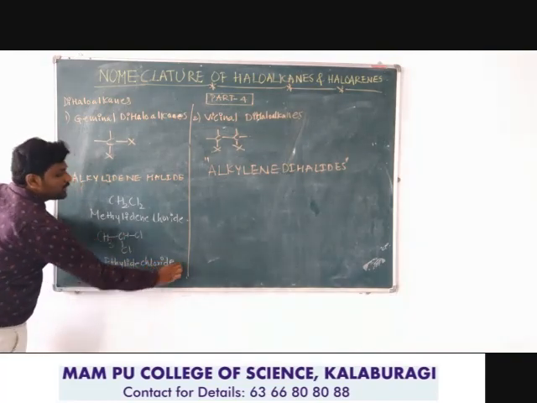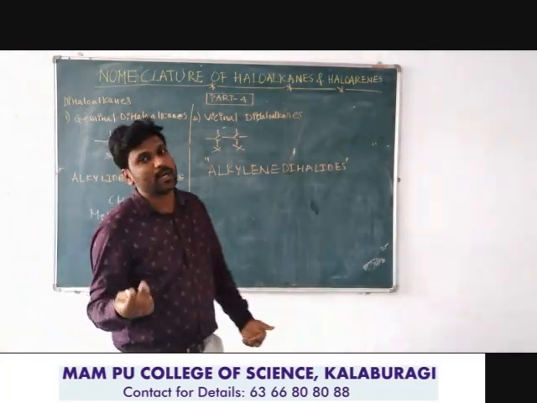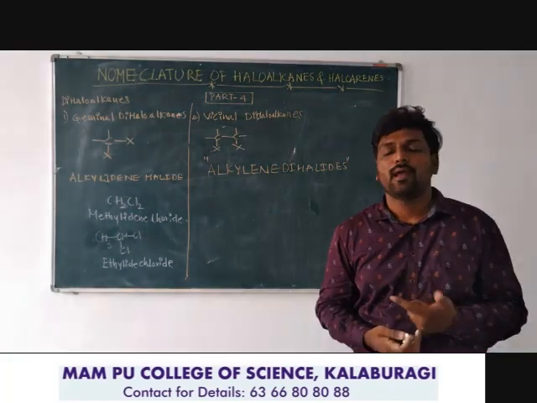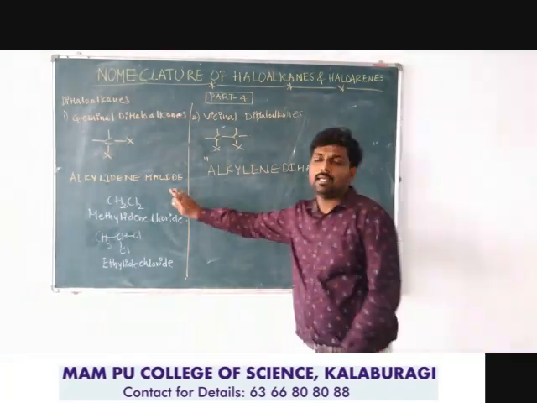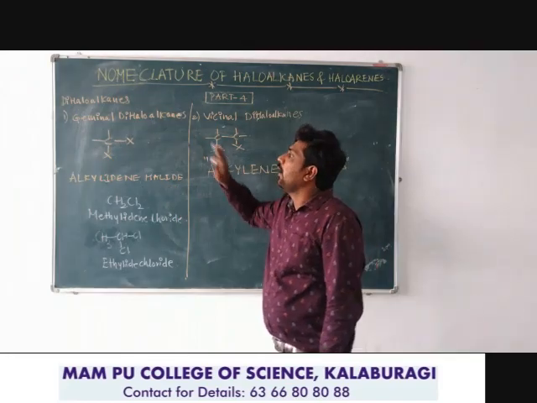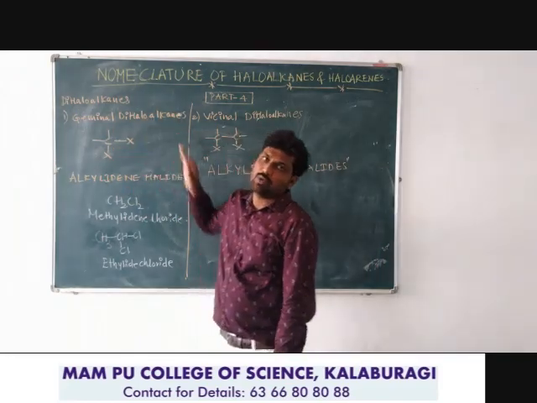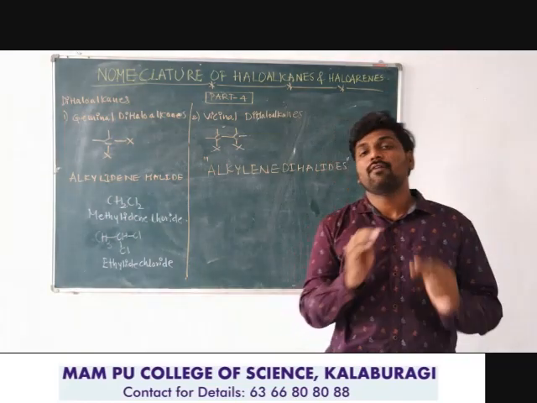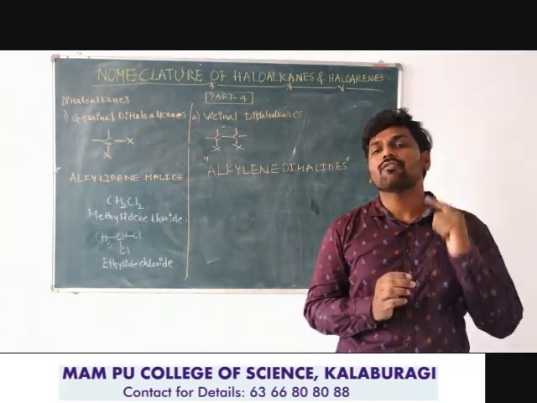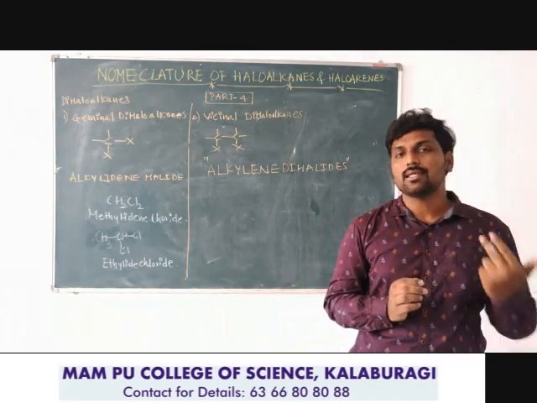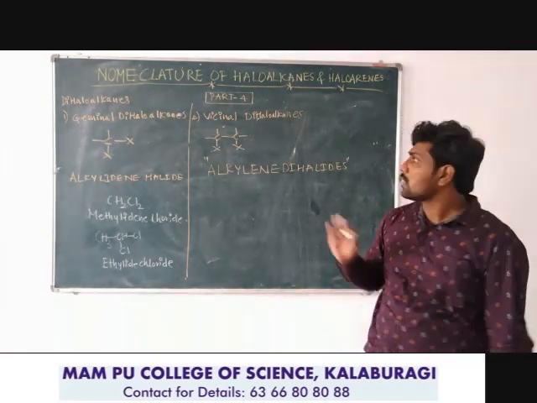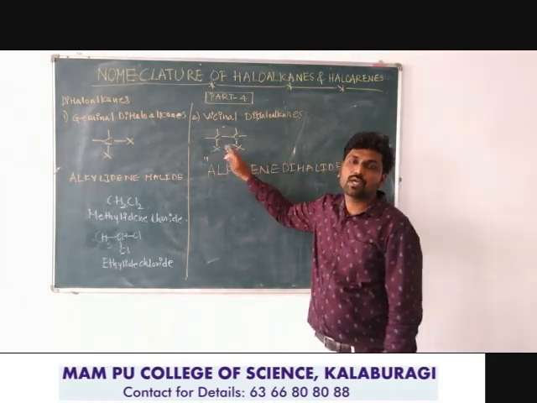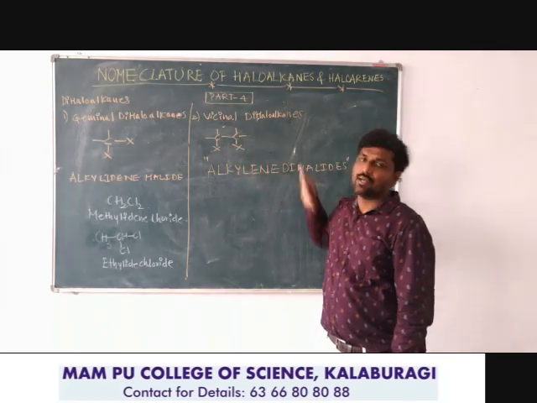Ethylidene chloride. If it is three, propylidene chloride, fluoride, bromide, iodide, butylidene iodide, pentylidene iodide, and so on. So generally, alkylidene halide is indicating the common name of the geminal dihaloalkanes where the two similar halogen atoms are bonded to only one carbon atom, where alkylidene is indicating the number of carbon atoms present in the aliphatic system.